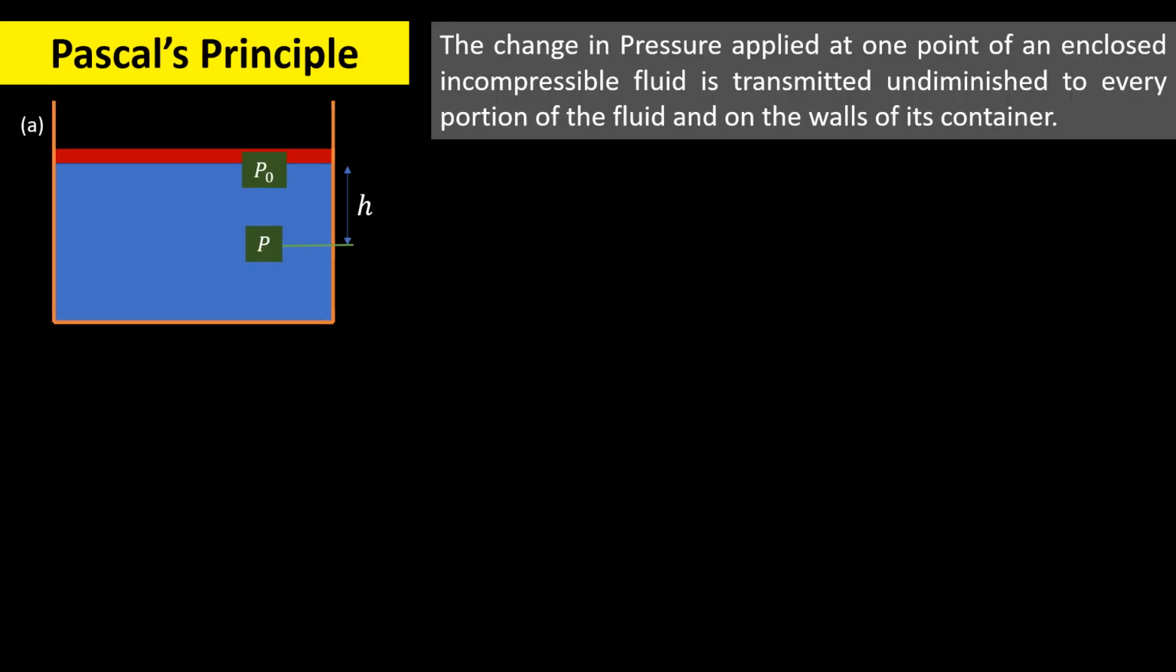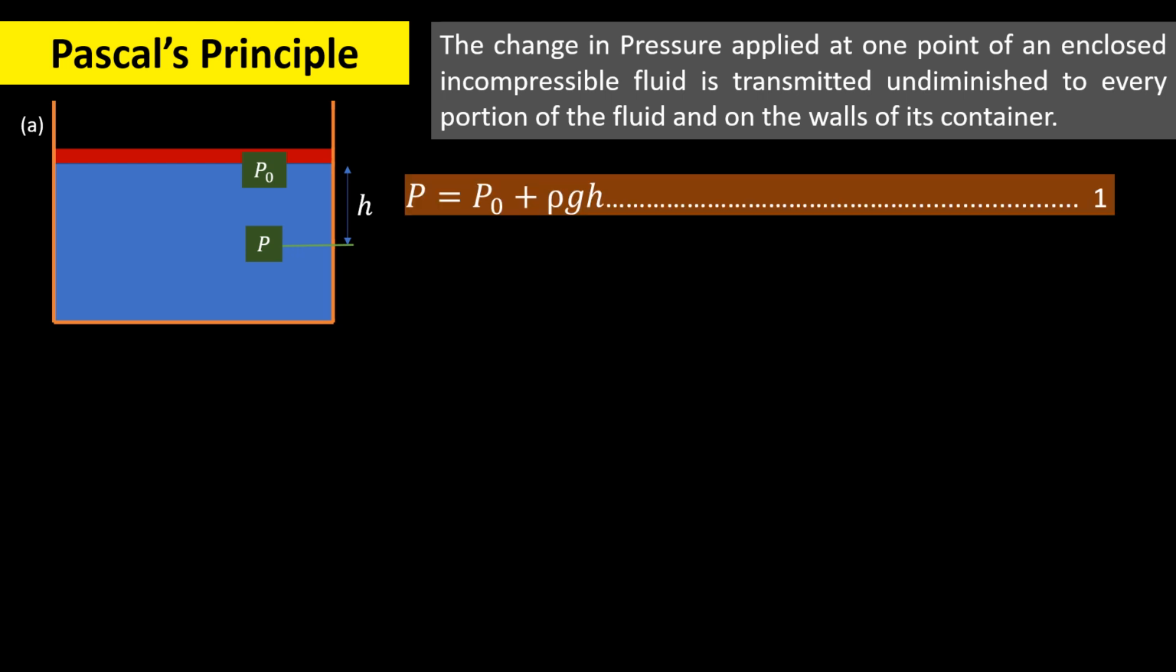In Pascal's principle, the change in pressure applied at one point of an enclosed, incompressible fluid is transmitted undiminished to every portion of the fluid and on the walls of the container. If we have a container of water which is sealed at the top, the pressure at a point P at a depth h is equal to the pressure P naught, which is at the top of the fluid,